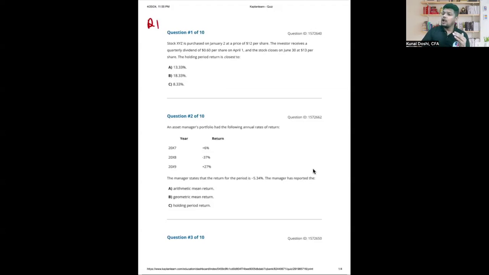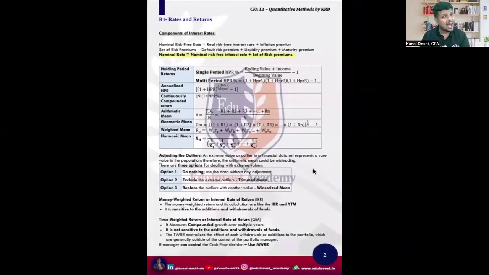Second, along with this, when we meet at intervals, that is after QM and FSA, at that time I am going to create an account for you where you will be going and giving the test. Yes, you'll be giving a mock test for a specific topic. For example, the first mock test, as soon as we finish QM, you will take at your convenient timing, and all details I will share with you. You'll go there, log in, and give the QM test. Same way, when we finish FSA, in the class we are doing the questions, but after FSA, you'll be giving the test. It is compulsory for all.